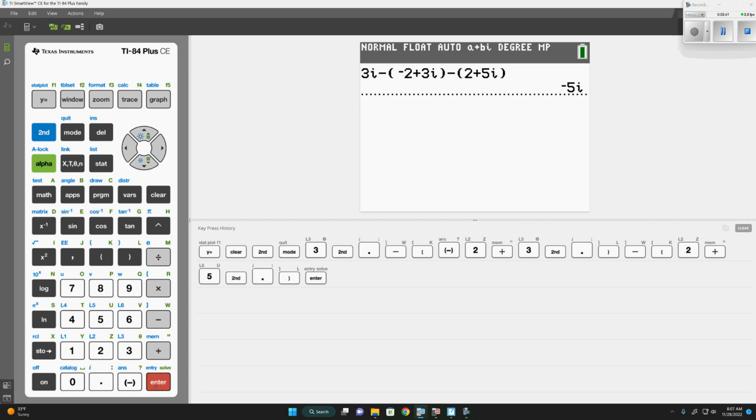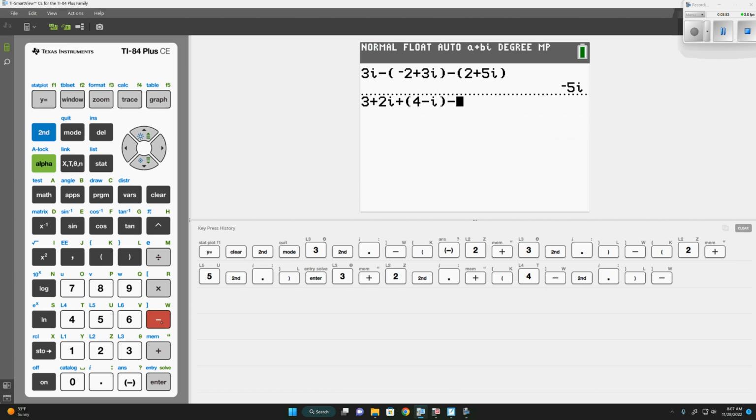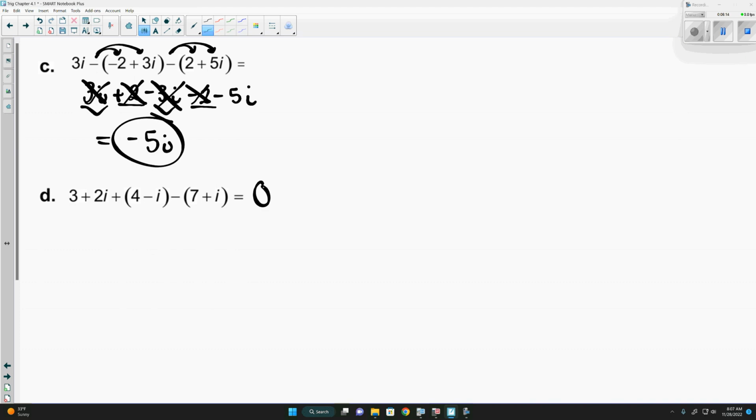So even the next one that we have, 3 plus 2i plus 4 minus i minus 7 plus i. And I'm going to type it in exactly as the problem has it, with parentheses, everything. Exactly the same. Hit enter, and it tells us that it is 0. So the next one here is